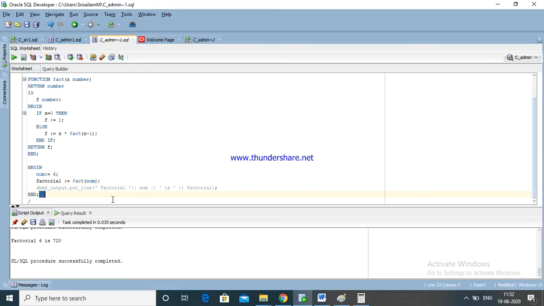Factorial name, the number we are assigning. Inside this we are calling this number here. With 2 pipes, it is factorial. We have to use single quotes.